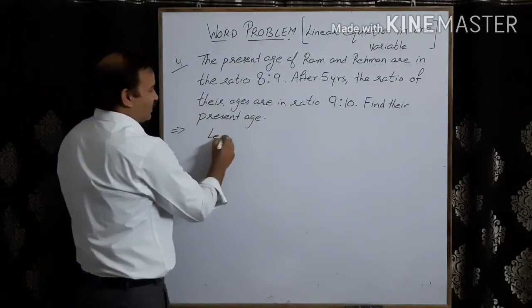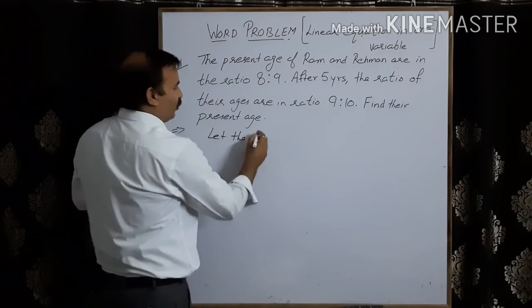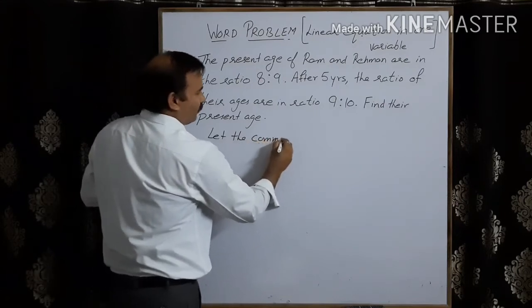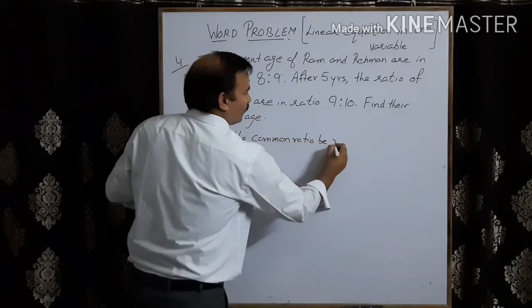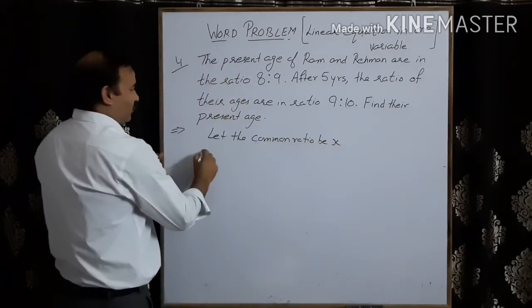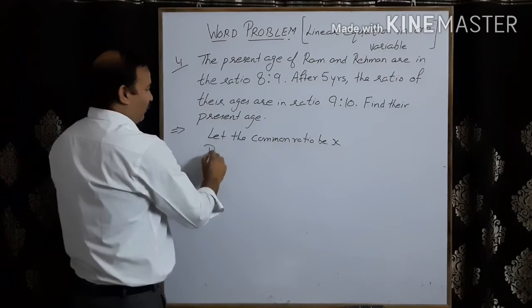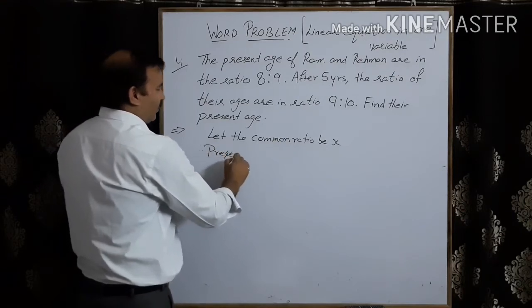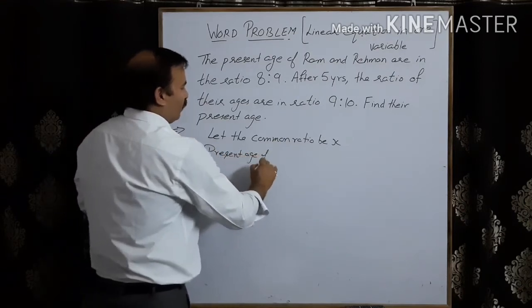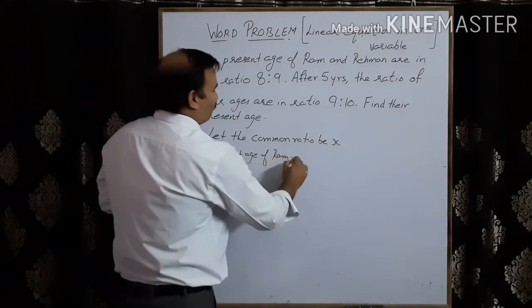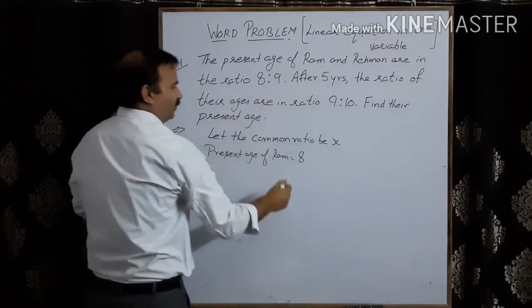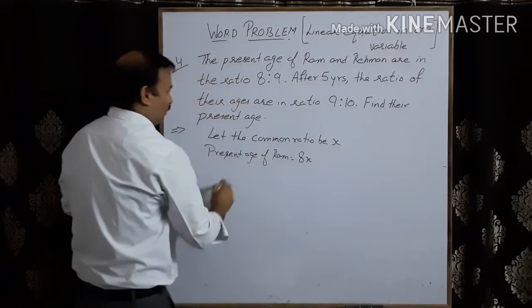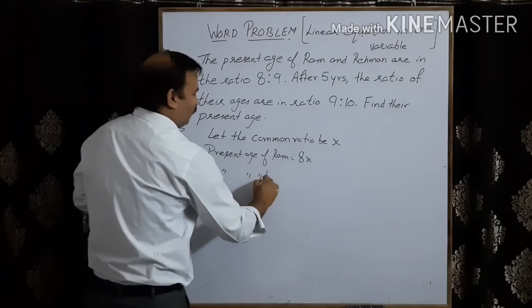Let us consider the common ratio be x. So therefore the present age of Ram, as Ram's name is written first, so the first age will be of Ram, that is 8x, and the present age of Rahman